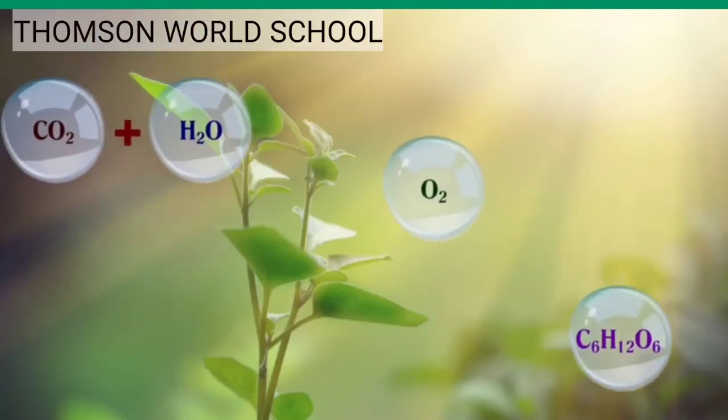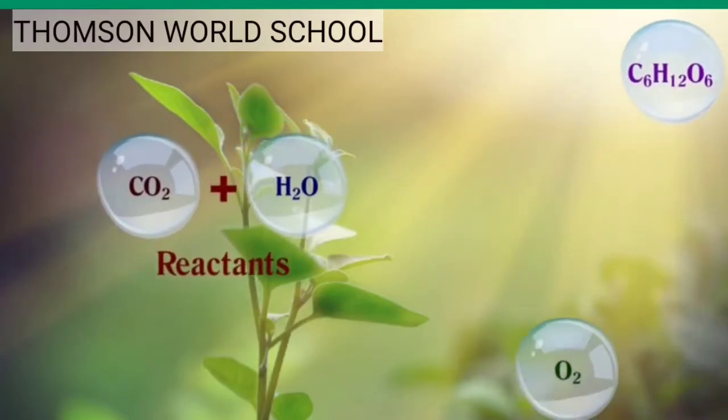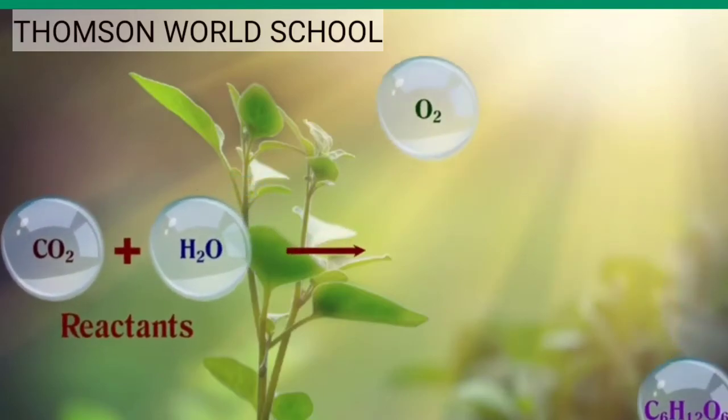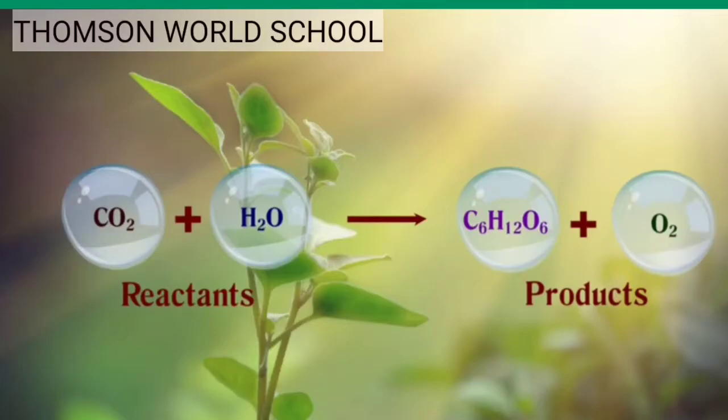So carbon dioxide plus water becomes our reactants. Then we'll write a sign of arrow to denote the change or transformation, and finally the products, which are glucose and oxygen. Now in a chemical reaction, it is very important to denote the physical state of reactants as well